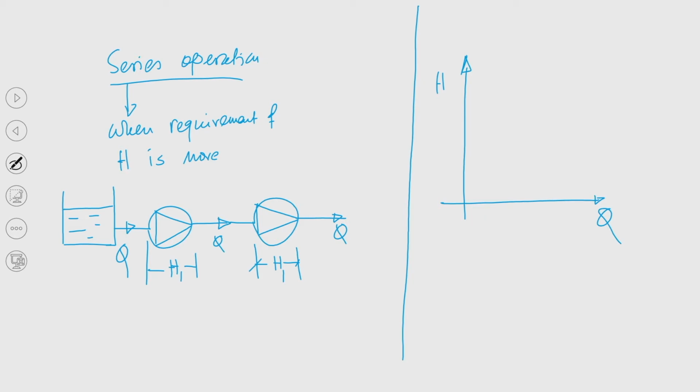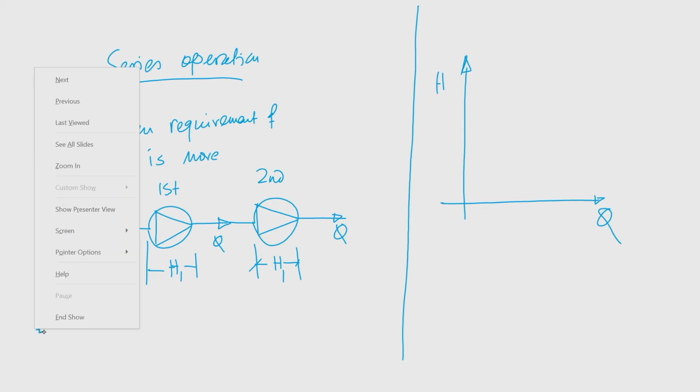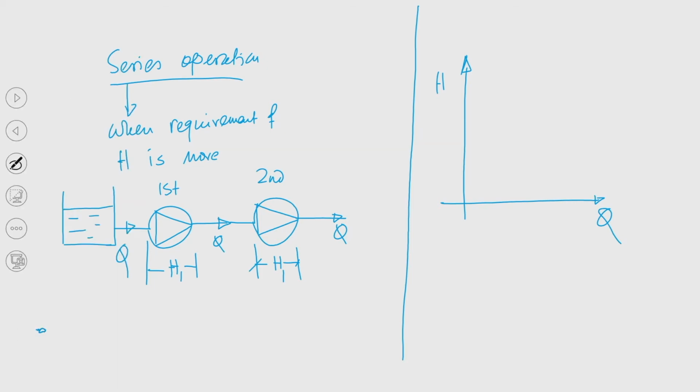So, basically these two pumps are of same design, right. If they are of same design, then the head developed by the pump will be H1. Now, these two pumps are connected in series. This is the first pump and this is the second pump, and the first pump is drawing Q amount of water and it is also discharging Q amount of water, and that Q amount will be again taken to the inlet of the second pump and eventually we will be getting Q amount. But you can understand, the total head developed, since they are connected in series, will be H1 plus H1, that is 2 H1.